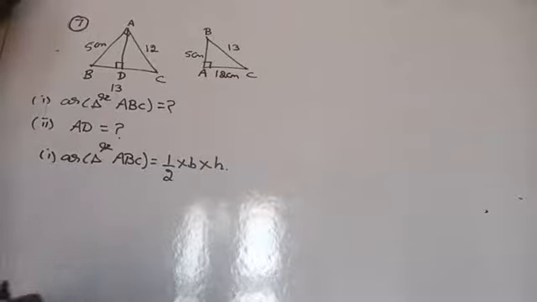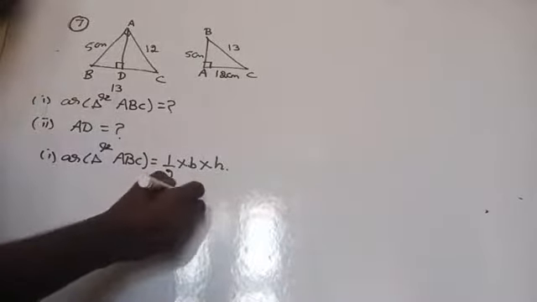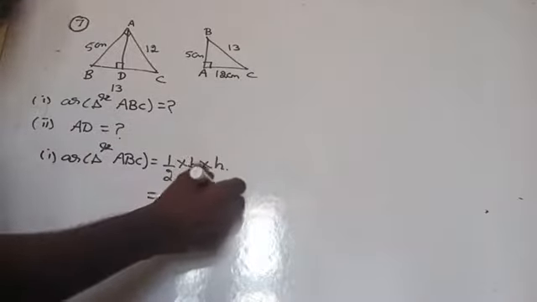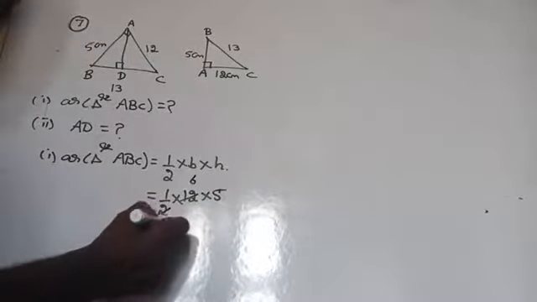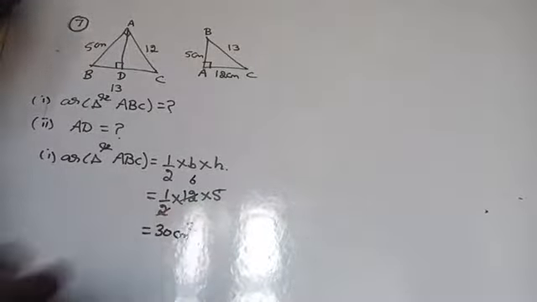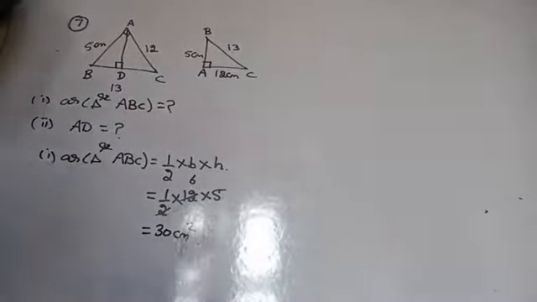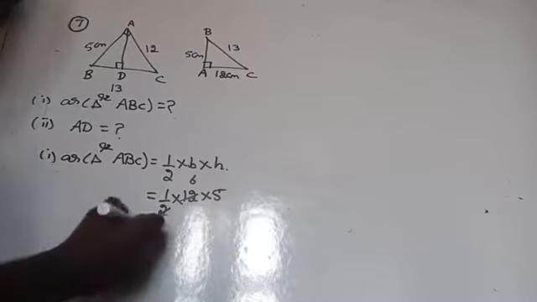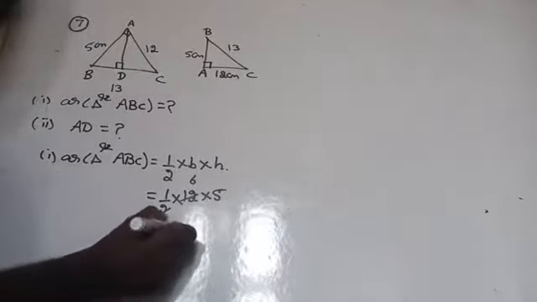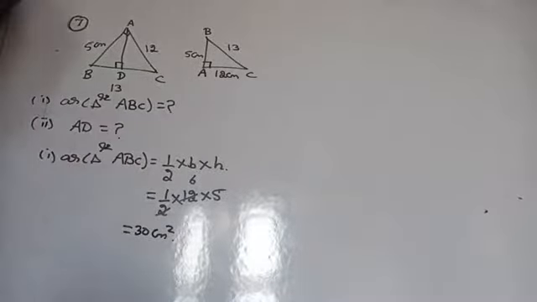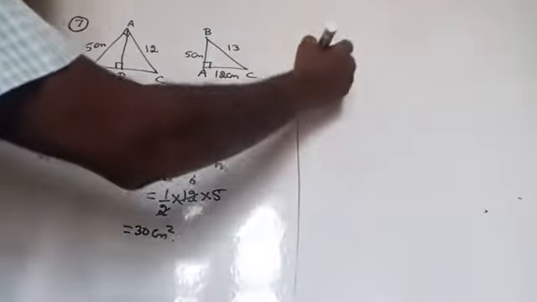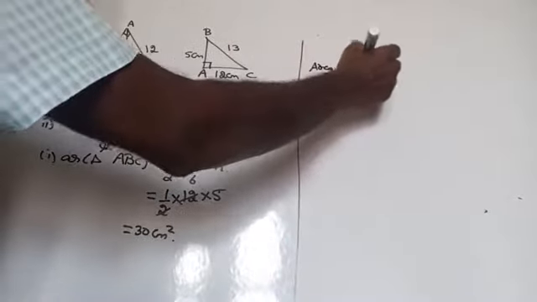Now, what is area of triangle? Half into base into height. Now, what is the base? 12 into AB's height, 5 centimeter. 1 2 is 2. 6 2 are 12, which is equal to 30 centimeter square. Are you getting here? Yes. Other than the hypotenuse, you can take anything as a base. You can take either AB as a base or AC as a base. Then, one more thing we have to find. You have to find AD. Now again, area of triangle ABC is already we found.